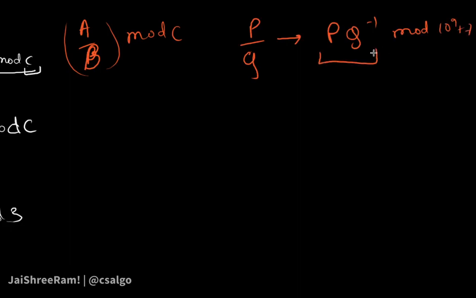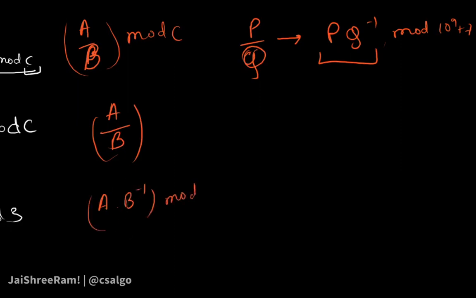This will be the problem, that you need to report p times q inverse. Now what is this q inverse that we're talking about? Whenever you have a division in the operation, instead of doing the division, we find the inverse of b and multiply it with a. So we do this, which is the same, right? b inverse is like 1 by b, and we multiply that and take modulo c. So we would be interested in finding this inverse, b inverse, and multiplying that with this.